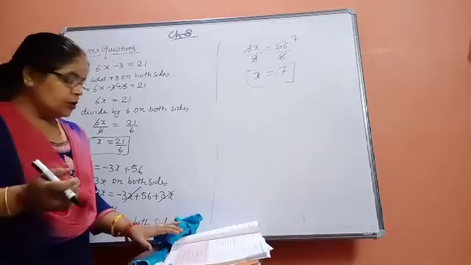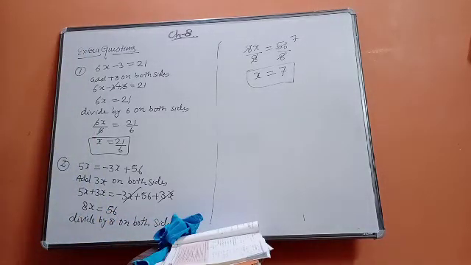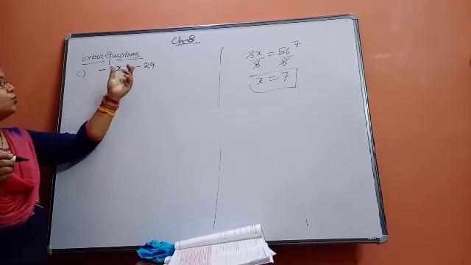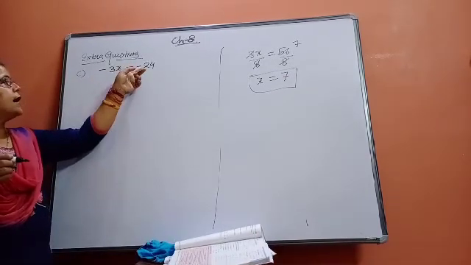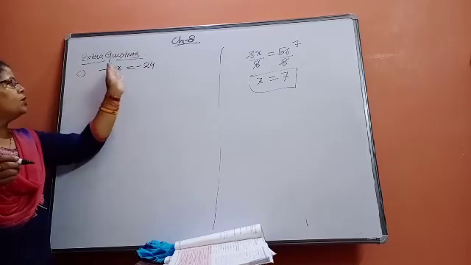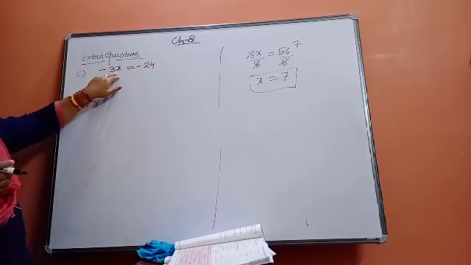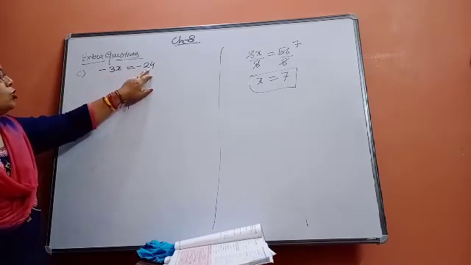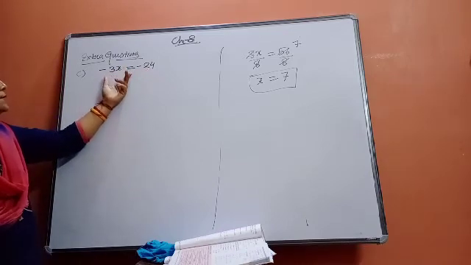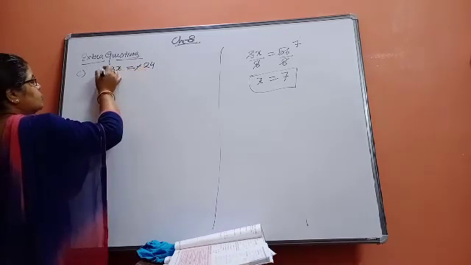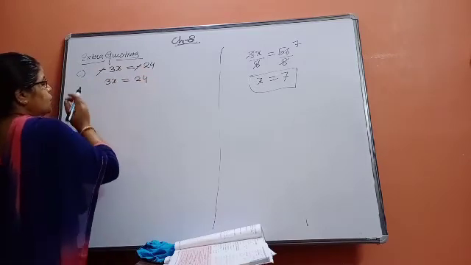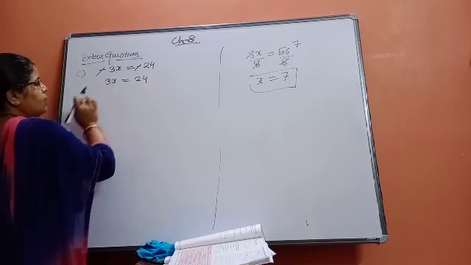See, now we are going to do some questions here. Beta, whenever the equal to sign is there and the minus sign is on both sides, and no other term is there, you can see that this 3x algebraic term is alone, and on the other side no other term is there, and both sides have minus. So in this way the minus and minus can be cancelled. So what will it become, beta? 3x is equal to 24. So now we would like to find the value of x.